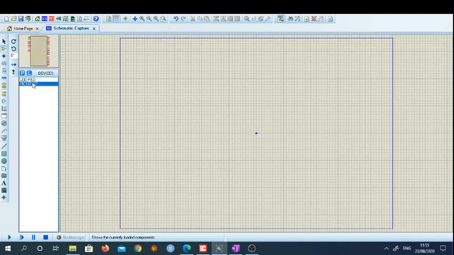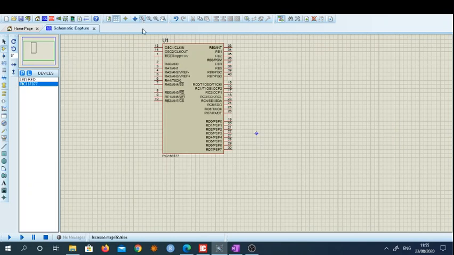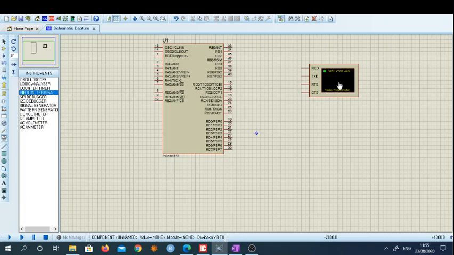So here I have PIC 16F877. Let me pick it and place it here, and now I will connect a virtual terminal to this particular microcontroller. Now the receiver and transmit pin of this will be connected to the receiver and transmit pin of the PIC microcontroller.